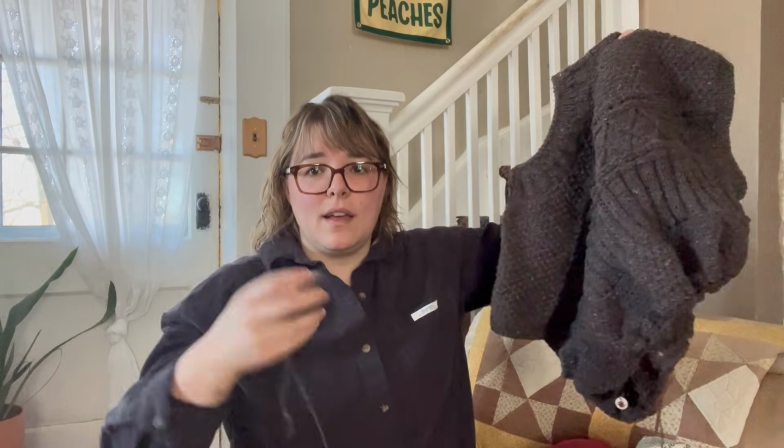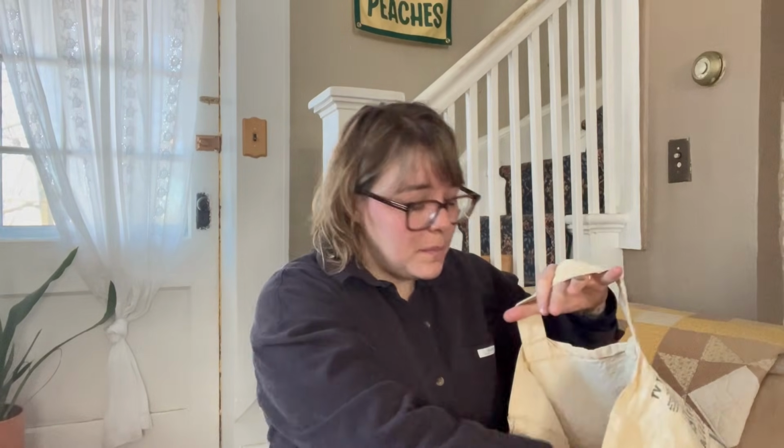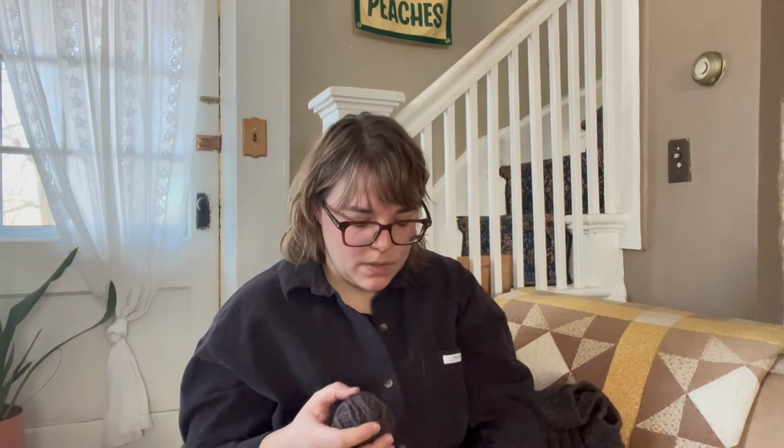So right now I have this small ball left of this, and then I had a second ball which I started like this, and I was like, I need to make sure I have enough to do the ribbing, and if this is all I have, I'll make the body as long as I can. And in my mind I just thought, I feel like I had more than this. I think this is a total of 5 skeins maybe, with what I've made already, and the last of that was 5 skeins, and I thought that I had 6 because I remember it being